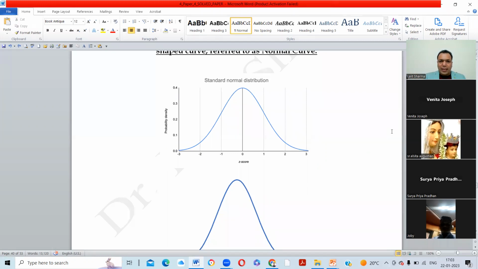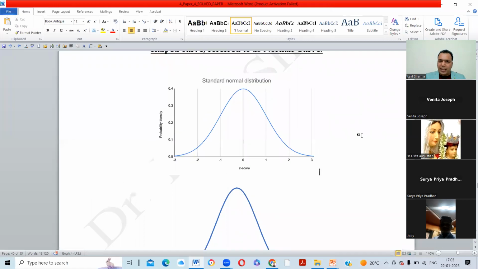Just see the normal probability curve. What it says, as normal probability curve. Okay, so I'm giving you one question. You tell me. Suppose you are the teacher in the class and there are 50 students in